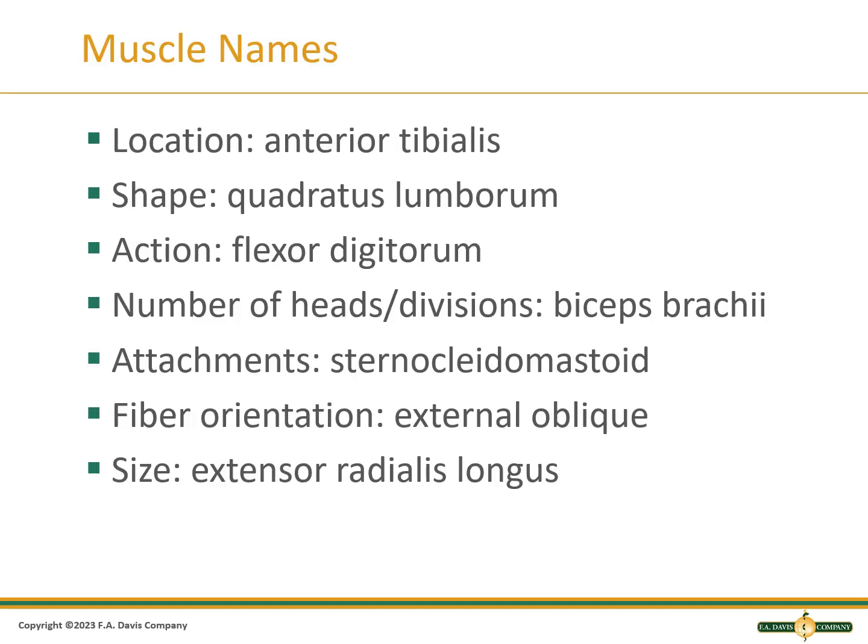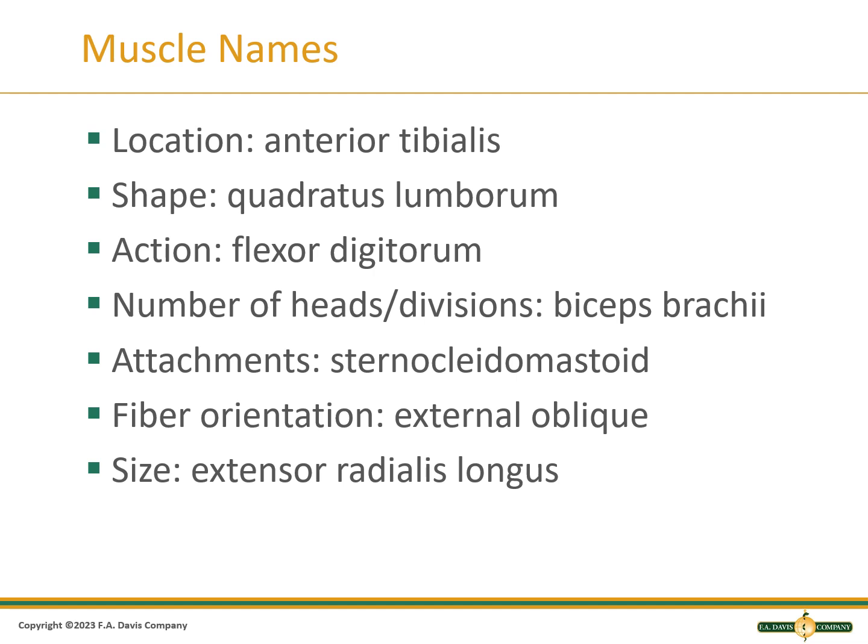Muscle names are nice because oftentimes they will be named for something that helps to describe something about them that gives you a hint about that muscle. Muscle names can include their location, like anterior tibialis, which is on the anterior of the tibia. Some muscles are named for their shape, such as quadratus lumborum, which is a quadrilateral-shaped muscle in your lumbar spine. They can be named for their action, such as flexor digitorum, which acts to flex the digits. Muscles can be named for the number of heads or divisions they have, like biceps brachii with its 2 heads,